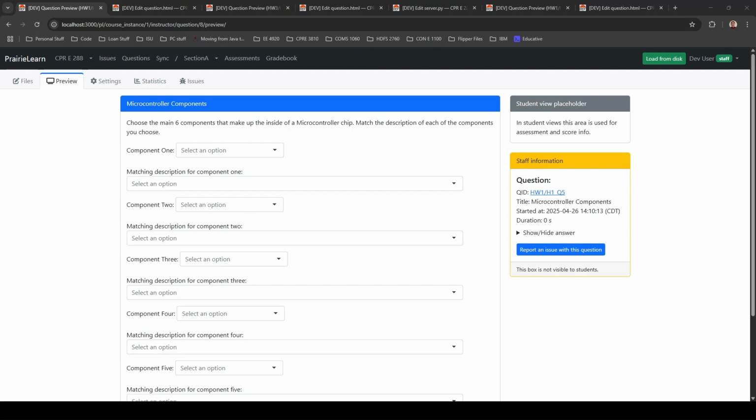Getting into it, one of the first types of questions that can be autograded are these multiple choice, drop down, drag and drop kind of questions, where a student is given a bunch of options and then they just have to select one. And then you have to say within the code which ones are wrong and which option's right. To go about doing that,